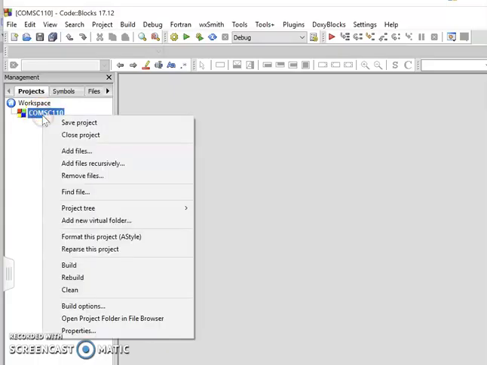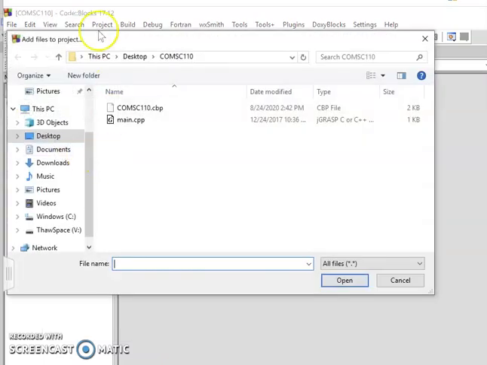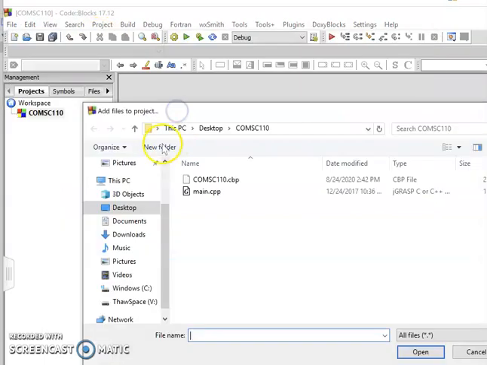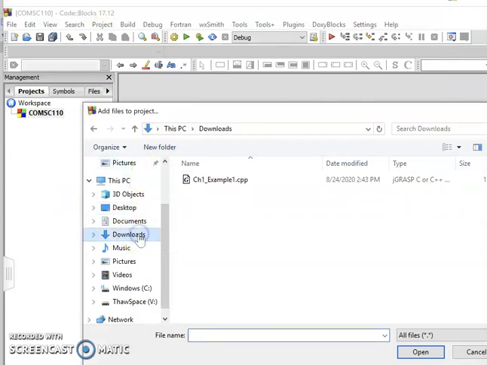So add the new file. You right click, you move your mouse to the project. Right click, you see Add Files. Then they will show you the file explorer to see where. So we go to the download folder. Okay, so then you have your